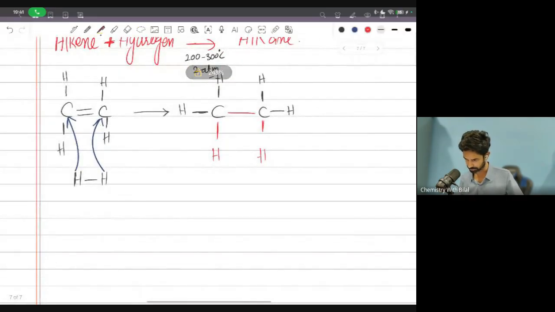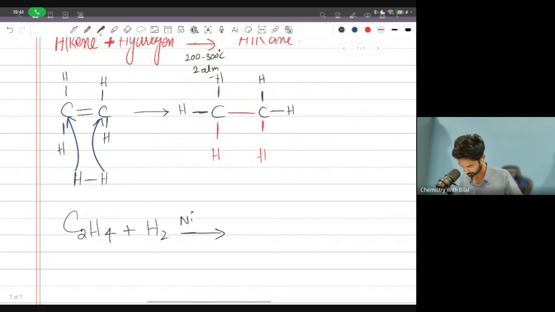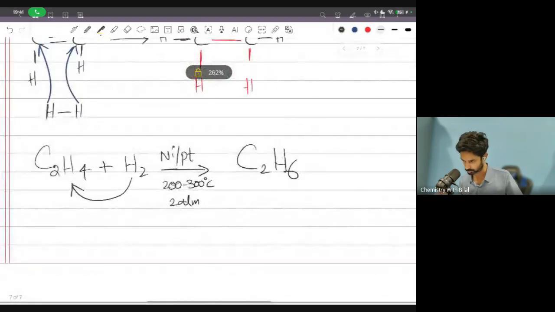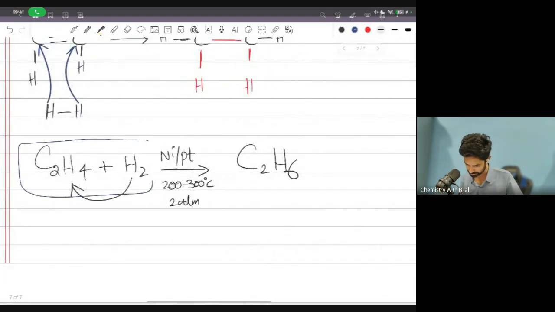मैं यहाँ पे इक्वेशन लिख देता हूँ. नॉर्मल इक्वेशन कैसे लिखेंगे? C2H4 reacts with H2. कंडीशंस आपको बता दी हैं। निकल महंगा होता है, यूज निकल करते हैं, प्लाटिनम इज एक्सपेंसिव बट यू कैन यूज 2 to 300 डिग्रीज और 2 atm प्रेशर। तो दिस विल बी एडेड, तो ये बन जाएगा C2H6। ये हाइड्रोजन इसके अंदर ऐड कर दिया ना हमने। तो ये अगर वो आपसे पूछे, देखो इसमें कितने रिएक्टेंट्स हैं शामीन? 2 रिएक्टेंट्स,